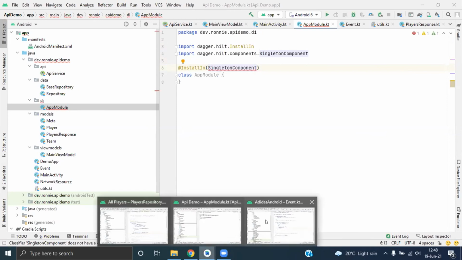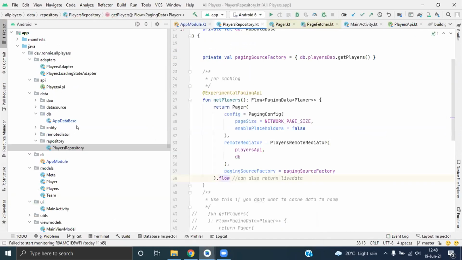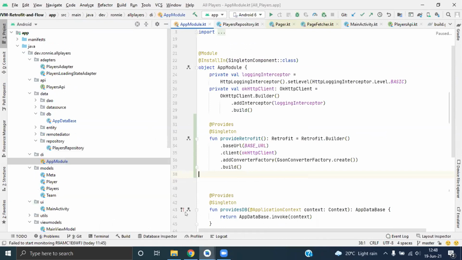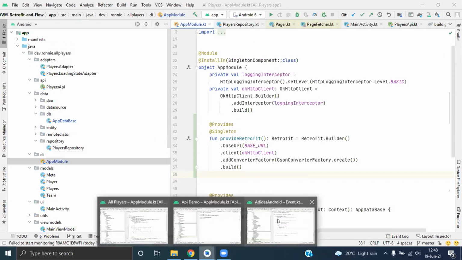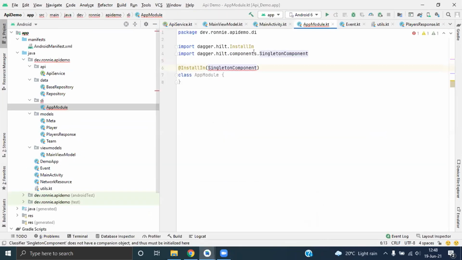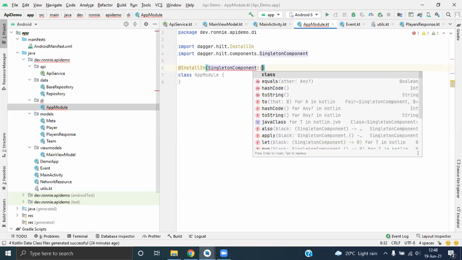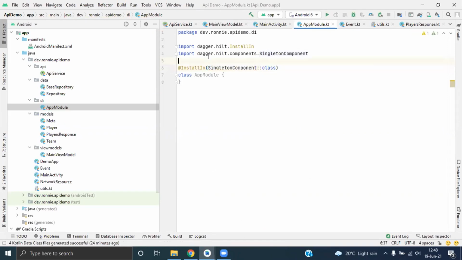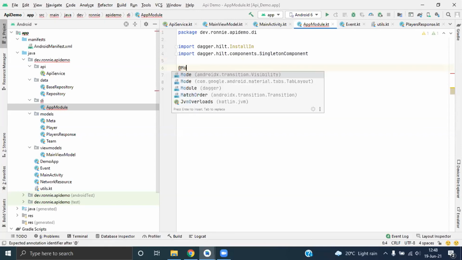Okay, let's go to this. Oh yeah, dot class. And we need to put it as a module because Hilt needs to know that it's a module.